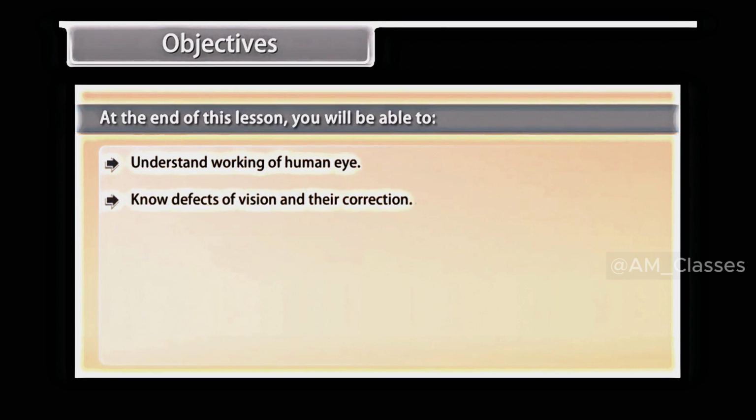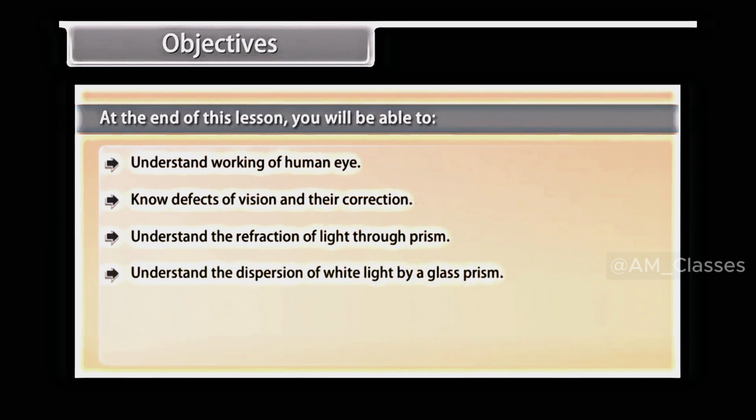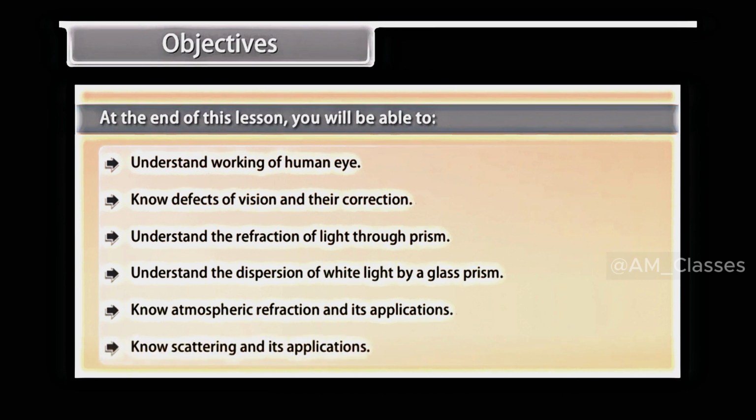Objectives. At the end of this lesson, you'll be able to understand the working of the human eye, know defects of vision and their correction, understand the refraction of light through a prism, understand the dispersion of white light by a glass prism, know atmospheric refraction and its applications, know scattering and its applications,